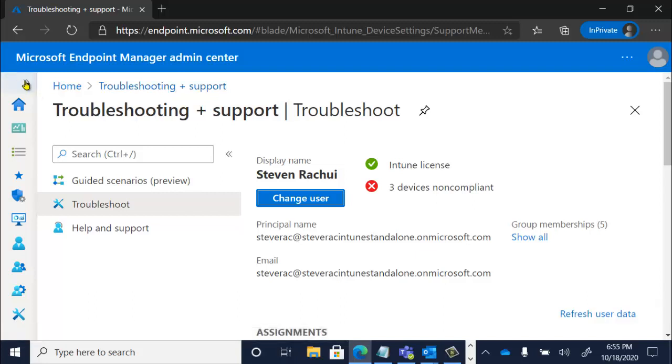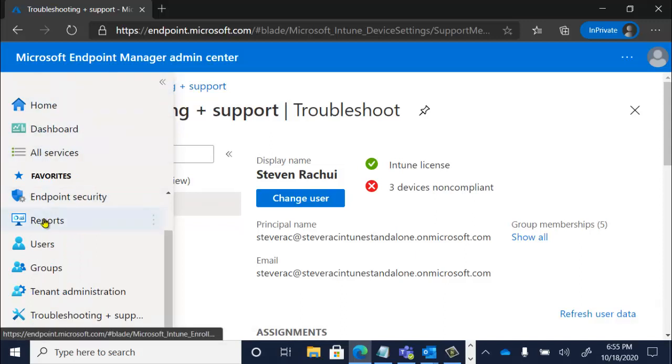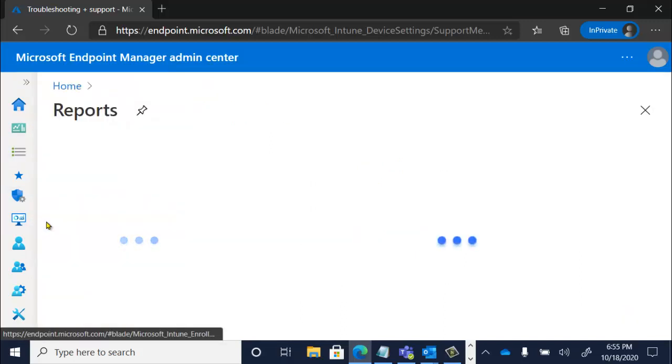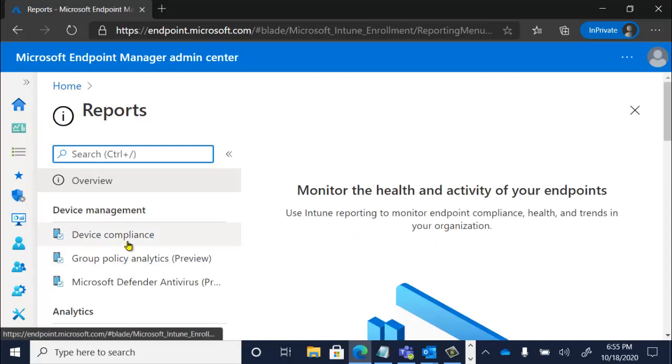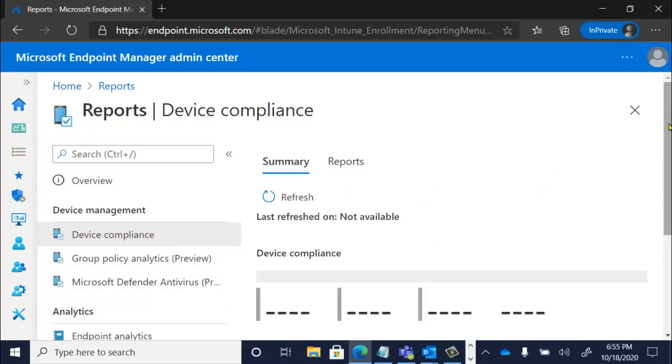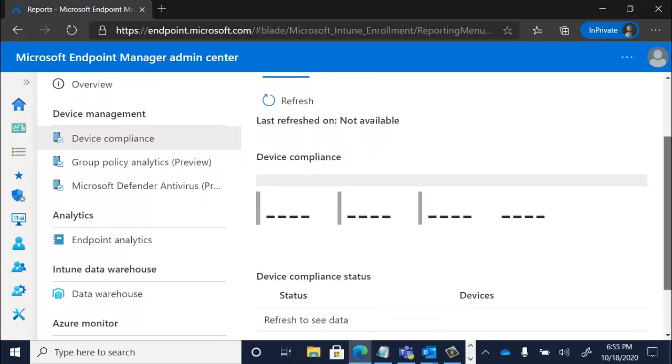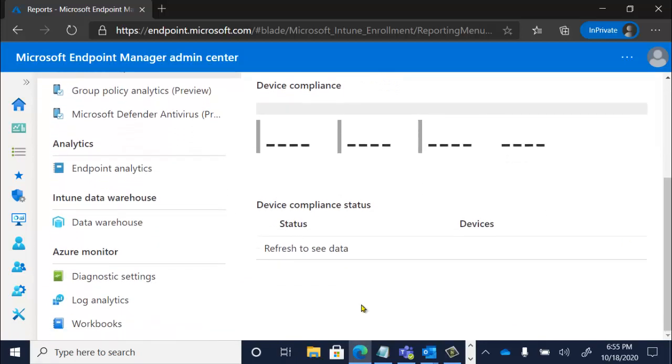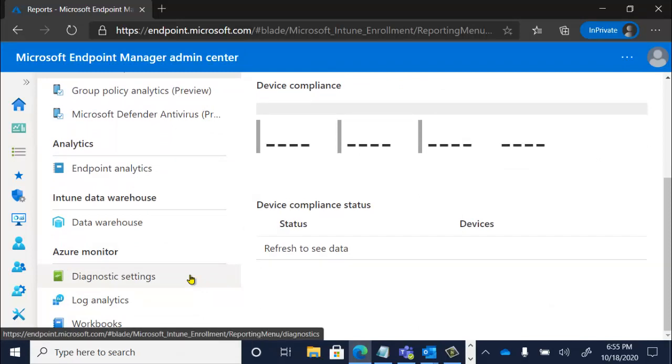Now, another piece that has gotten better over time is reports. So you can go look at device compliance. That's not this section at all. You know, you can look at different things in the data warehouse, log analytics, right? These are not really related to what we're talking about right now. The reason I point them out is because this section will become more and more relevant. There's a lot of good stuff here right now, right? But for compliance